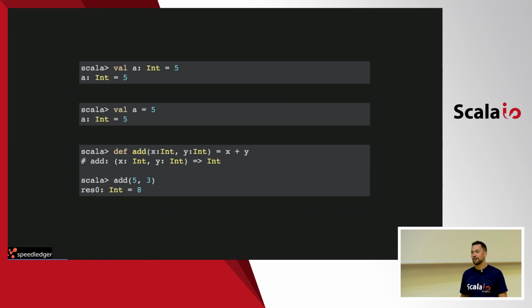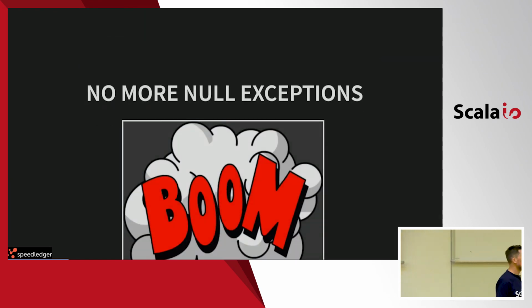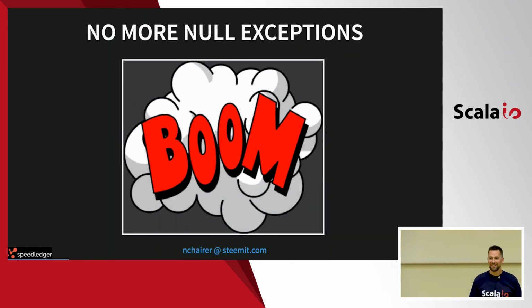Imagine that you're sitting, having a great time, you're in the flow, working on your next feature, and then suddenly, boom, you got a null pointer exception in production. Has it ever happened to any of you? I think all. It's happened to me a lot before I started using Scala. Now I think I can count on my fingers how many times it has happened since I started using Scala